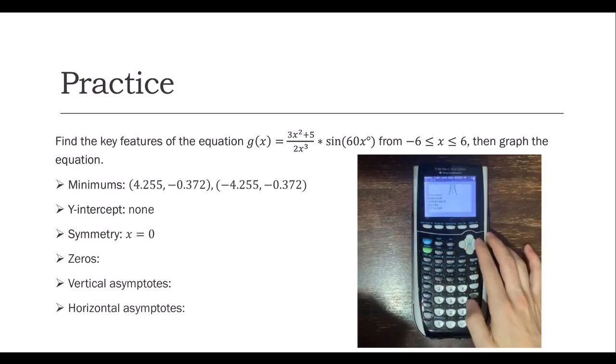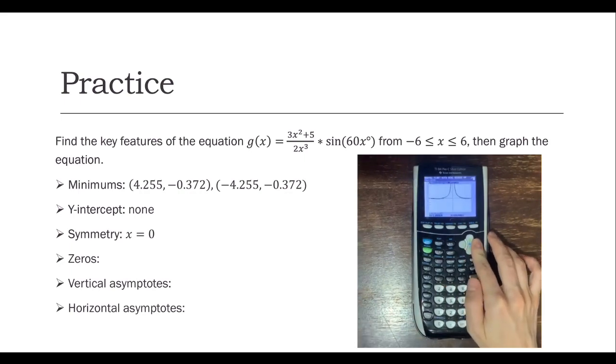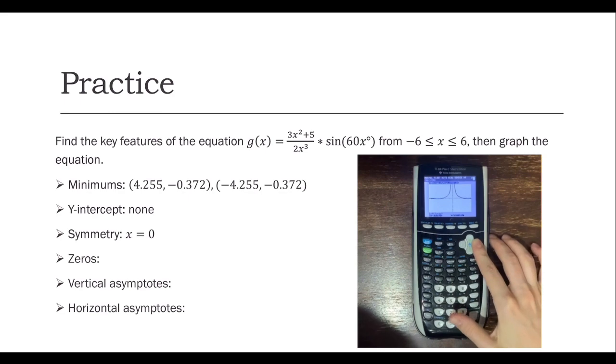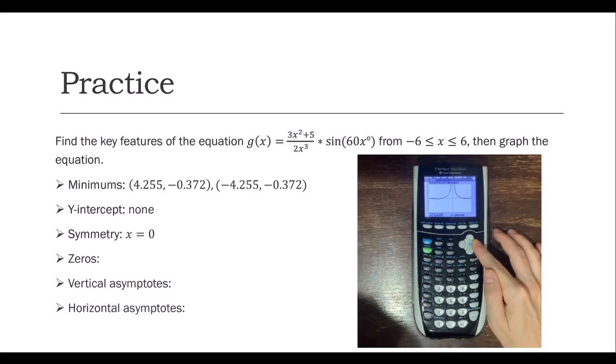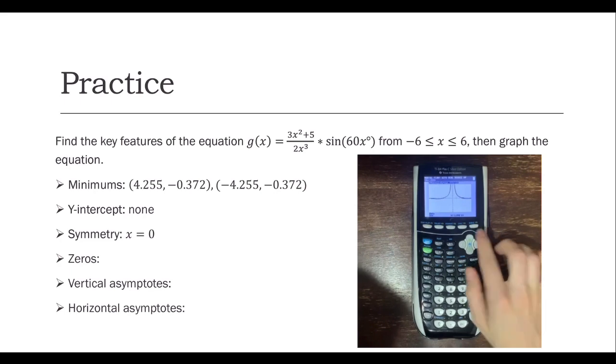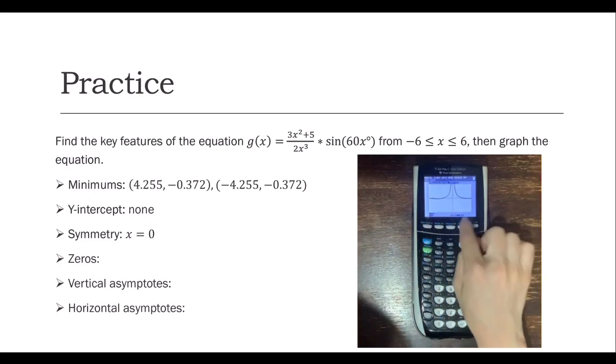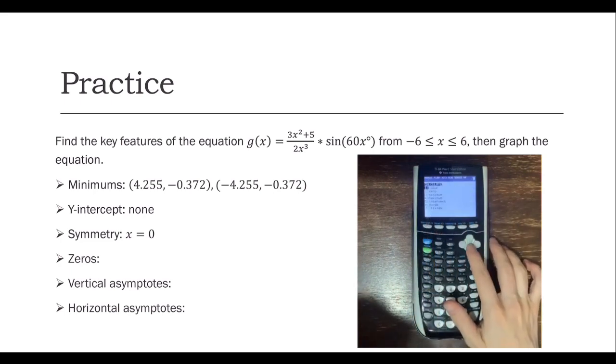We'll calculate the next 0. We'll move over to the right again. And then we'll make sure we're on the other side of the 0. And we have a 0 at x is 3, y is 0. And then our final 0